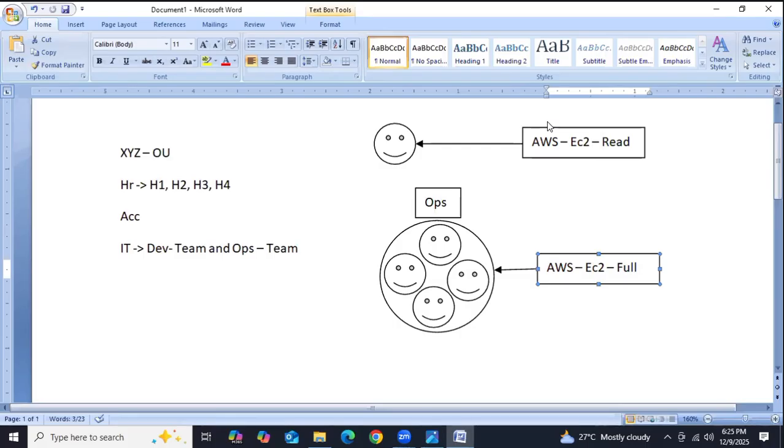So we have the Pushpa movie. In the Pushpa movie, who's the hero? Allu Arjun is the hero. What kind of role is he playing in Pushpa? Allu Arjun is one user in the Pushpa movie, playing the hero role.